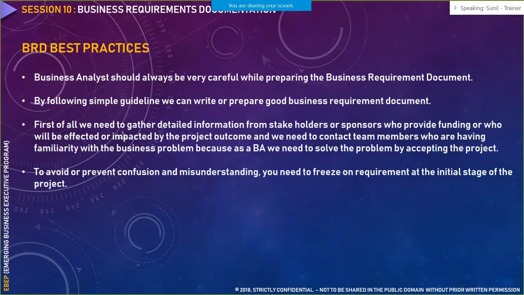So if there are any projects being executed in parallel which are similar in nature, or if any project of similar nature has already been executed in your organization, reach out to the team members of that project and ask for additional information that could help you create questions for the business when you are in your business requirement gathering session. So that would also help you when you are writing your business requirement document.